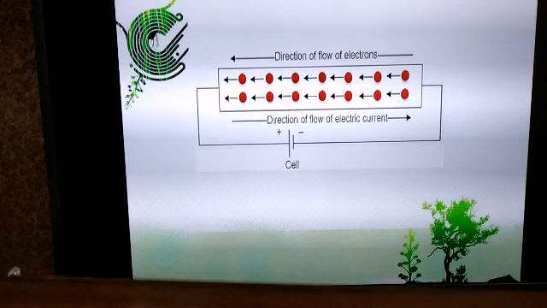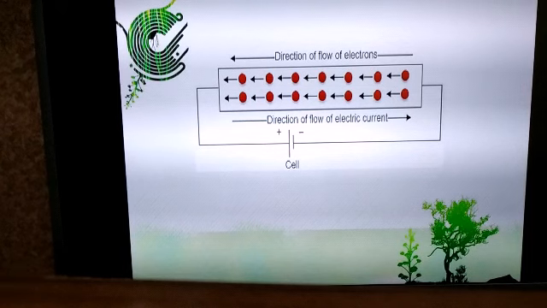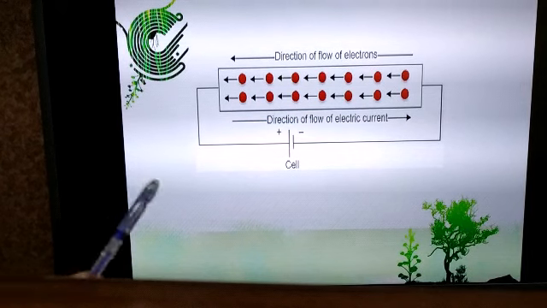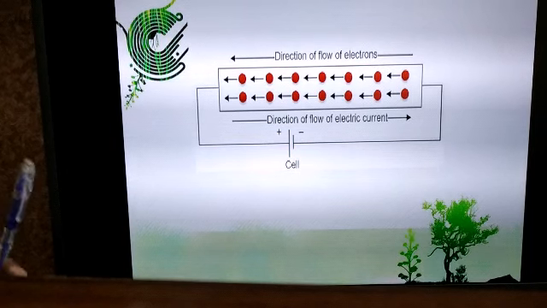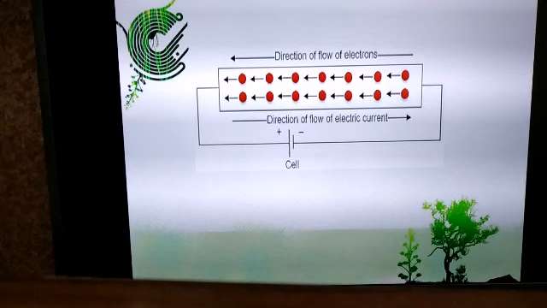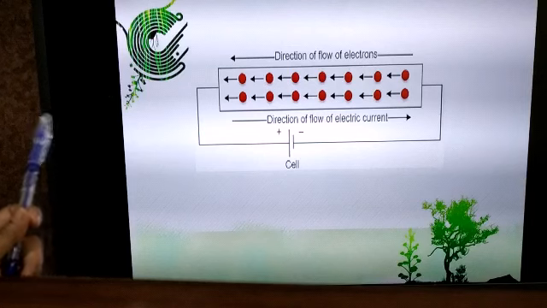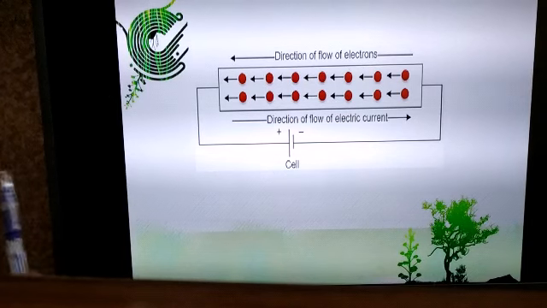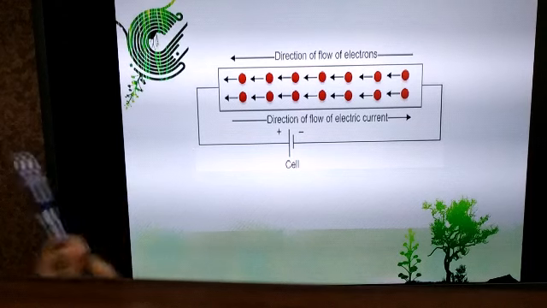The positively charged ions are massive. That is, the mass of positively charged ions is greater than that of the negatively charged electrons. They cannot move from one end of the wire to the other end of the wire, just like the negatively charged electrons. So when the negatively charged electrons transfer some kinetic energy to the positively charged ions, what do the ions do? The ions just vibrate about their mean position. But still, the direction of the electrons is channelized. That is, they still move from the negative end of the cell to the positive end of the cell.